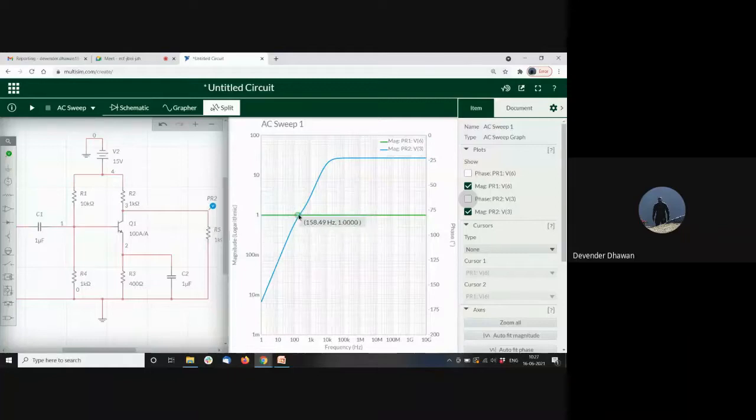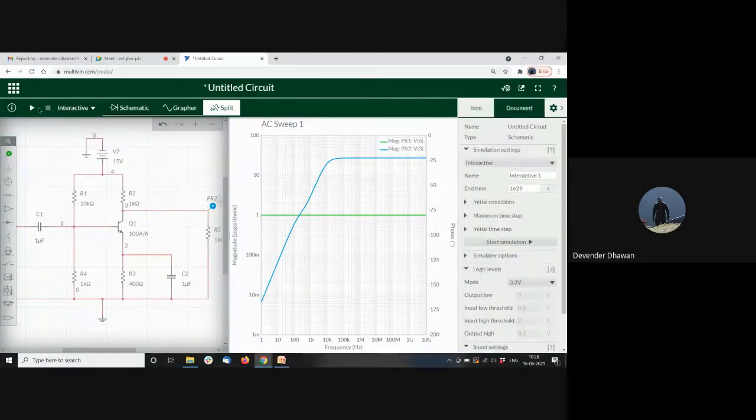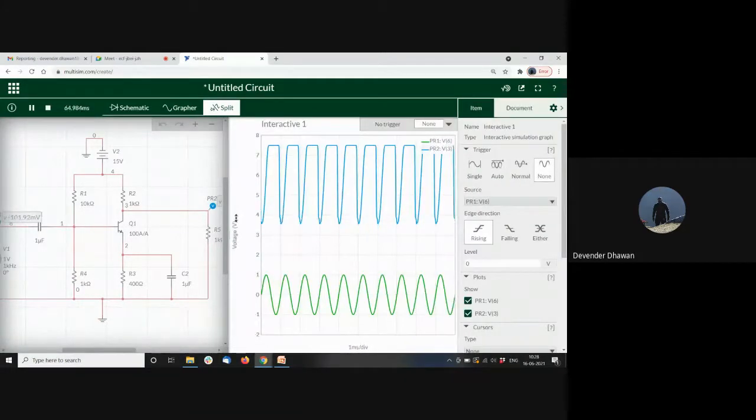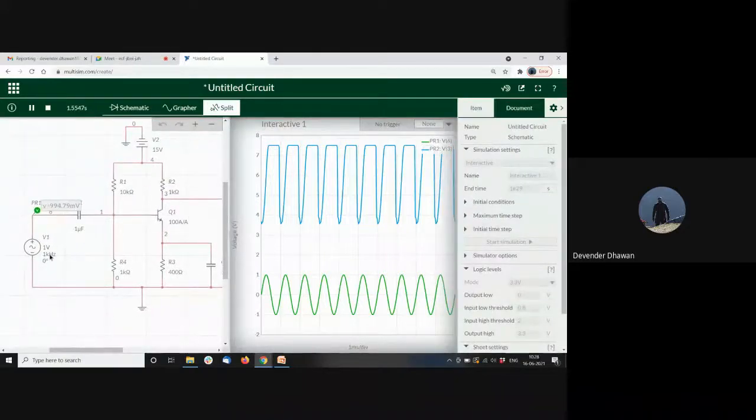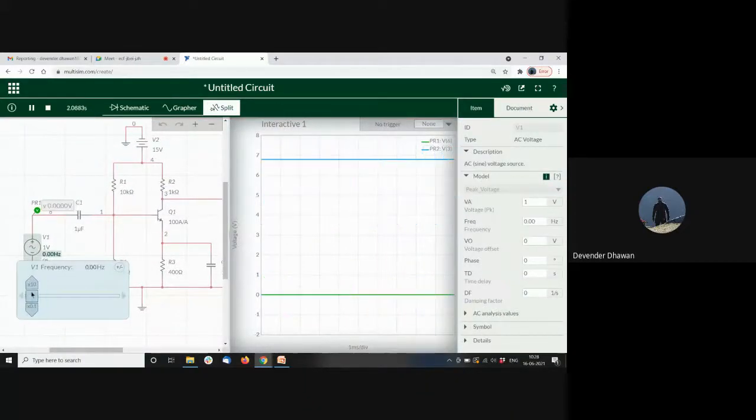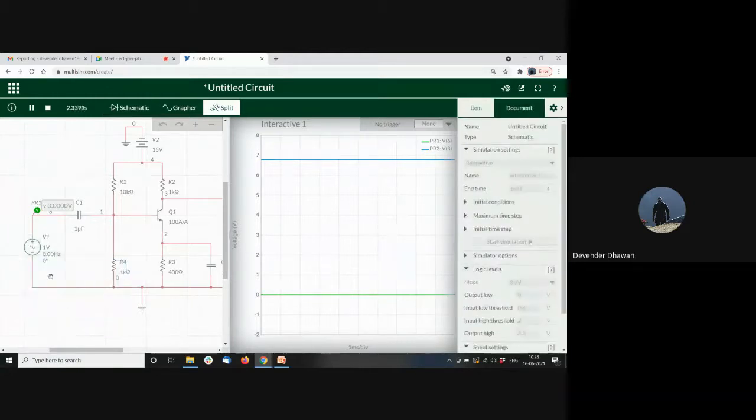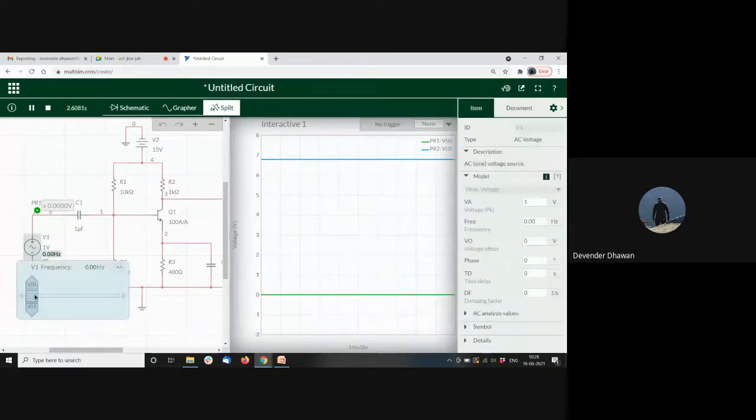So the cutoff for this would be like, below this 1.99 hertz, it will not do this amplification work, and afterwards it will do the amplification. We can see that here on the chart also, but I would want to see that in real time. Right now the frequency that we have given is 1 kilohertz. So let us just start with 0 hertz, which is a DC. So if I start increasing it,